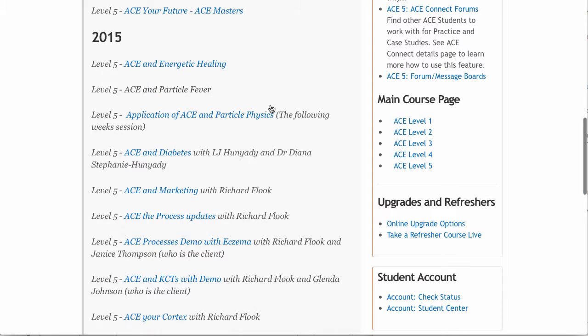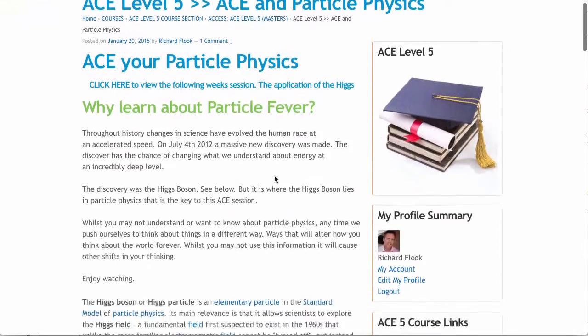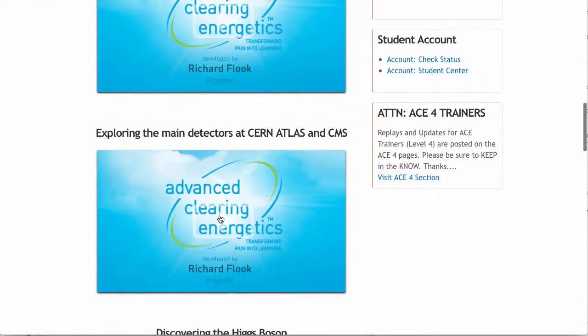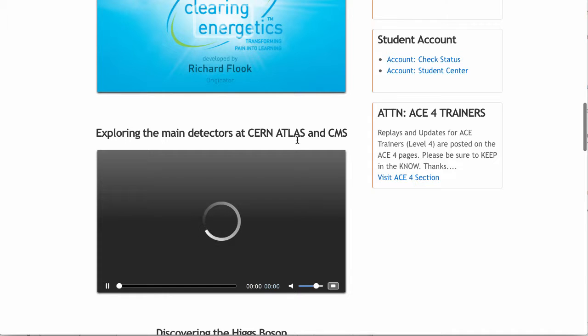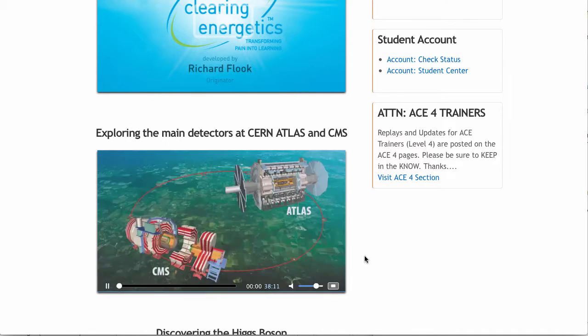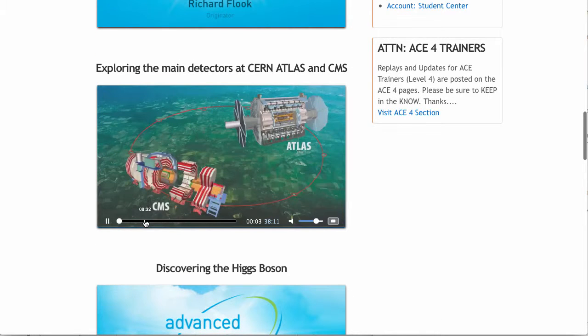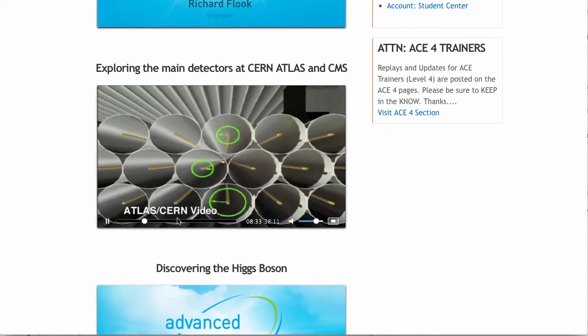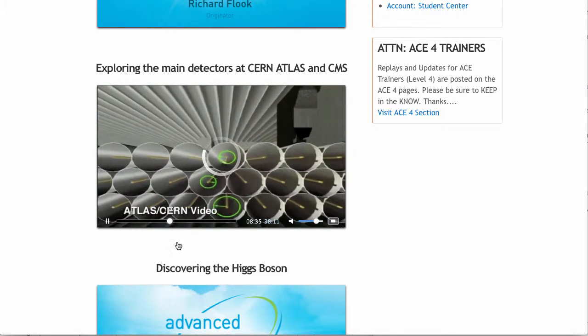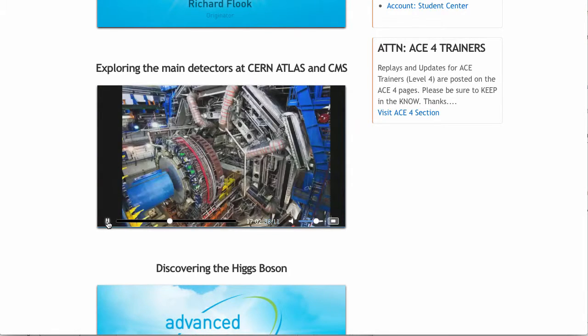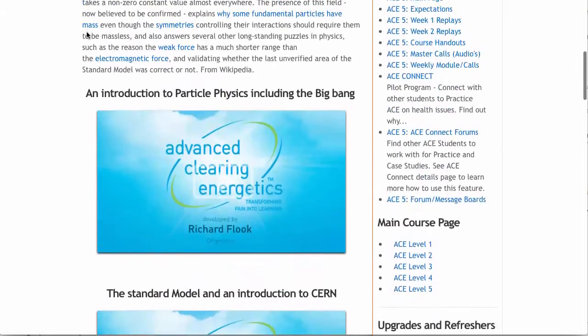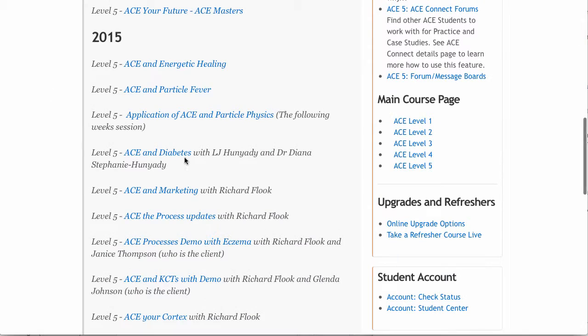I also look at Particle Fever. So we're looking at a thing called the Higgs boson, and there we go. It gets a bit crazy there. I love this because it took me a couple of weeks to put that together. We've got the detectors at CERN, ATLAS and CMS. What I carry on looking at is ATLAS, and what's special is how the muon behaves. The muons will travel different distances. What's the point of looking at particle physics? Well, you are made of atoms, and so understanding atoms and their makeup is vitally important because it just expands our minds.